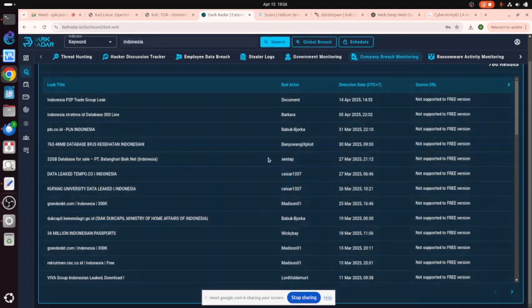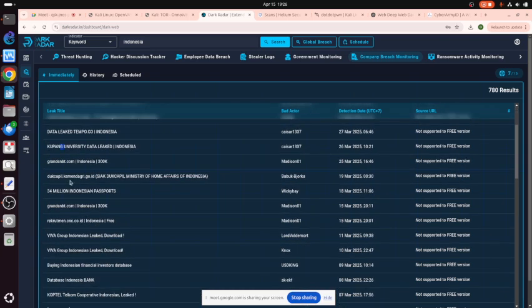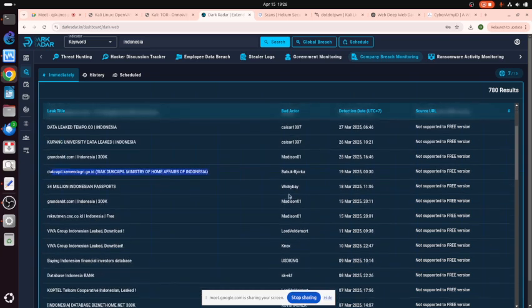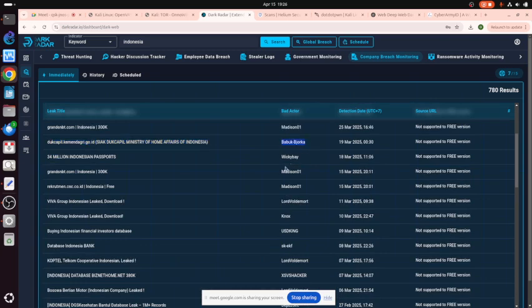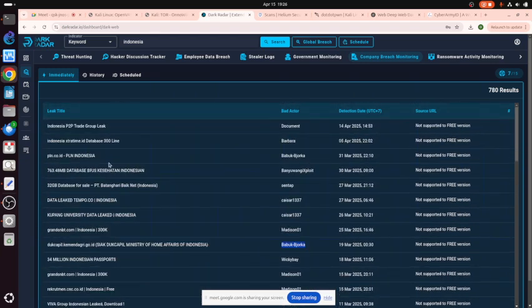US is more brutal because a lot of, see this? We have also Indonesian: PLN, BPJS, Tempo, Kupang, okay, Dukcapil, Kemendagri, okay, Bejorka, a lot of things here. It's not in the news, but it's there. Okay, I cannot click the source URL because I have to pay. This one is the free version.